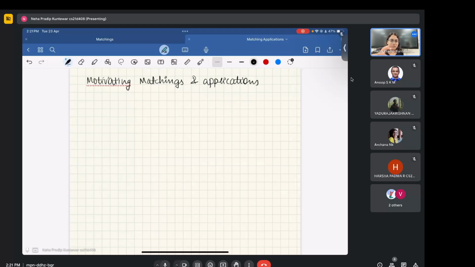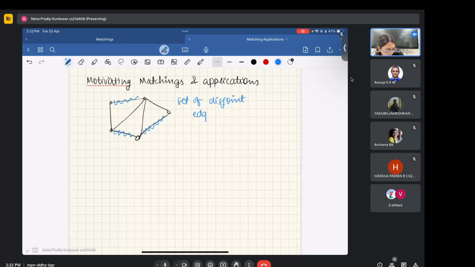Okay, so just to recall, we define matchings as a set of disjoint edges. So, let's say you have some graph here, then typically a matching would look like this. So this is a valid matching, but if you add, let's say, this edge, it is not a valid matching because this edge and this edge intersect in a vertex. So a matching is basically a set of disjoint